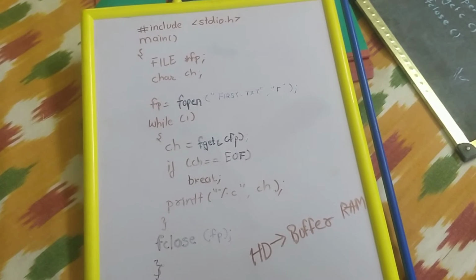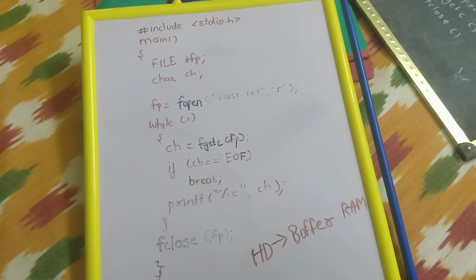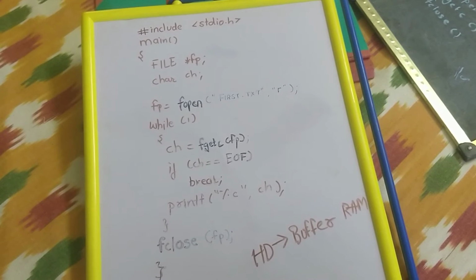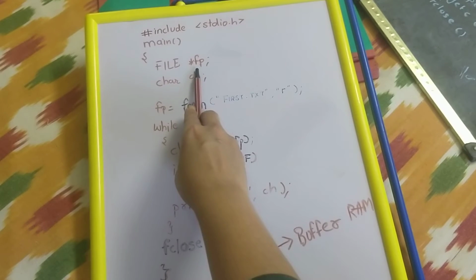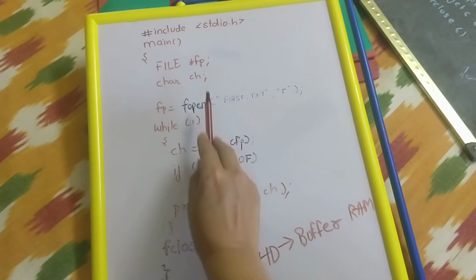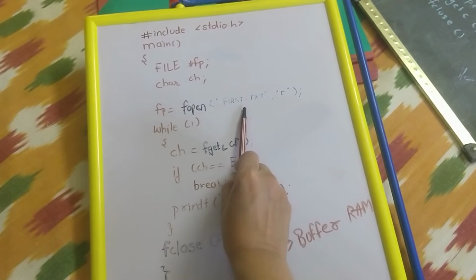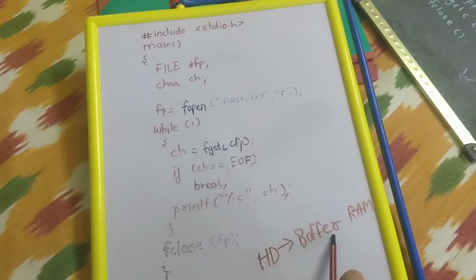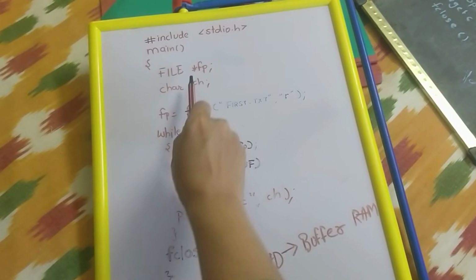A file is a set of characters and you don't know the length of the characters. So the first character's address is returned to the program whenever we open the file. Now we have to catch that address inside a pointer. That is why for the inbuilt structure FILE, we are creating a pointer to that structure. So fopen returns the address of the first byte of the buffer where the file is loaded in the RAM, and that address is stored in fp. Because fp holds an address, it has to be a pointer variable.